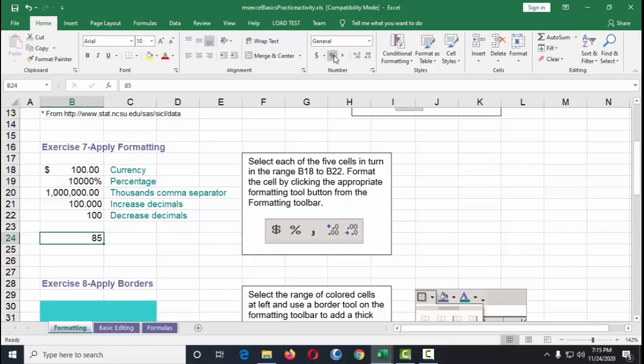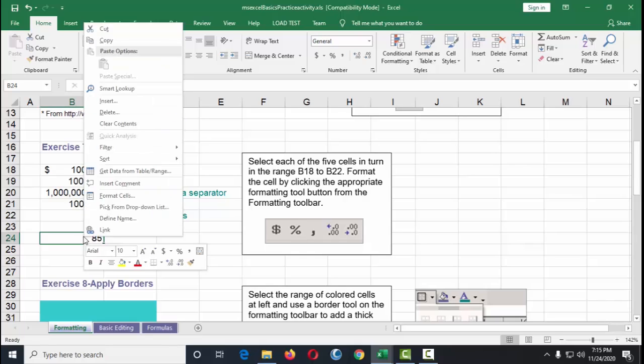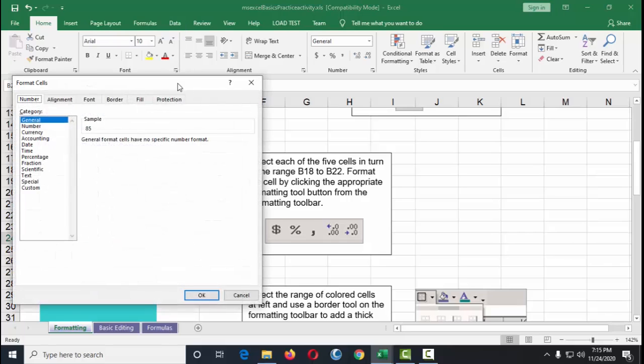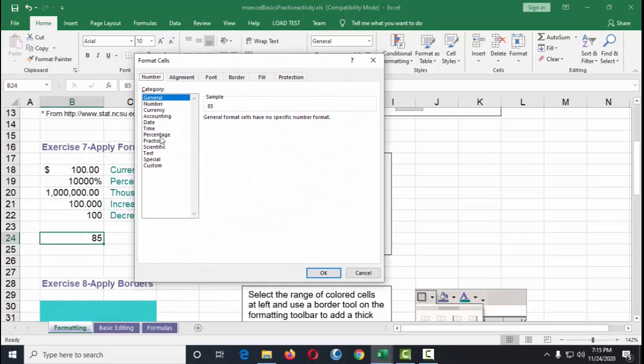If I don't see this, you have the option to click on this, or in some of your cases where you don't find this, you just right click on it. Okay, what we're trying to do is put a percentage sign on this. So format cells and then percentage here. So automatically it will convert to